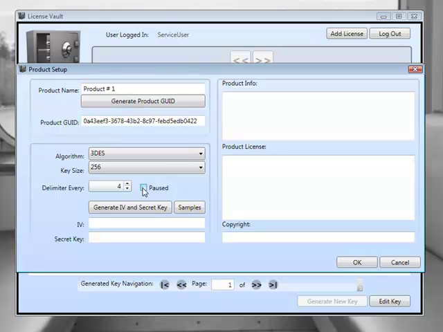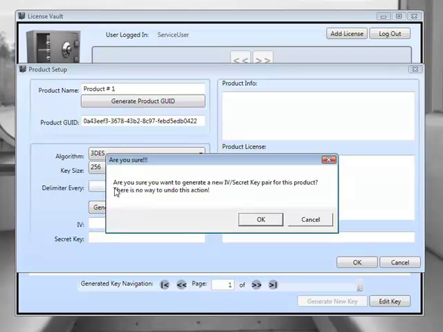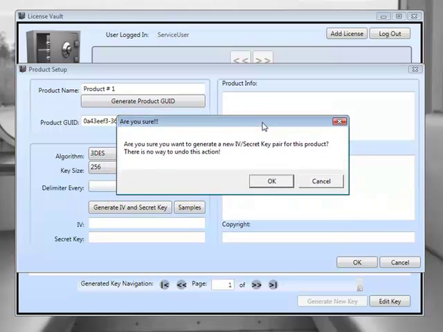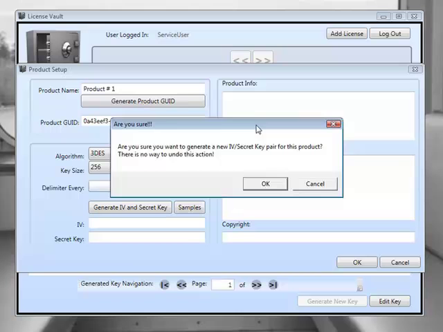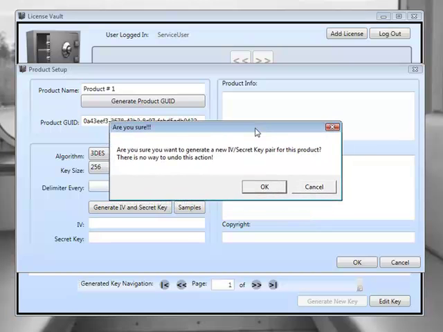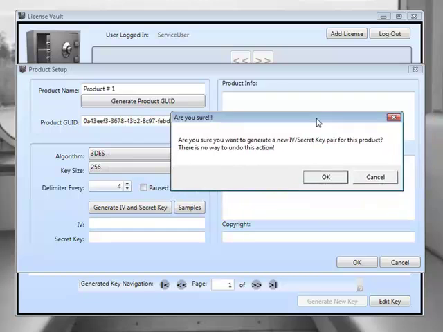The next thing you'll want to do is go ahead and generate the 4 and secret key. I'm going to go ahead and push that, and after we push that button, it's going to tell us that we're about to change this and we can't undo this change. Now, you don't need to store the 4 or secret key anywhere, but we thought that it would be a good idea for you to see how it was creating keys. It's kind of like looking behind the curtain to see what's actually going on, and that way we feel more comfortable